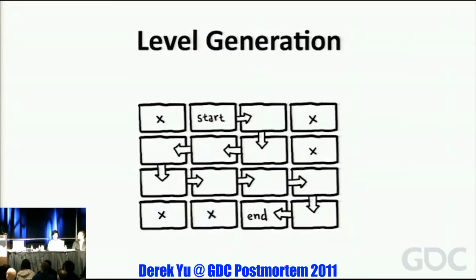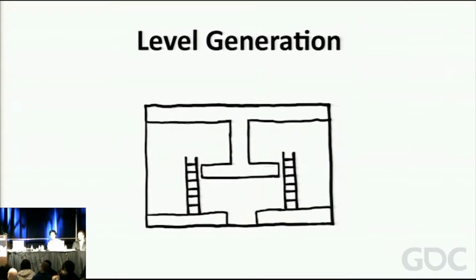So each level in Spelunky really starts with a grid of 16 rooms, 4x4, just like this. And then we draw a path from the entrance at the top of the level to an exit at the bottom of the level. You're always going down in Spelunky for the most part. So we generate this path and we mark each room as being part of the path. And for each room,